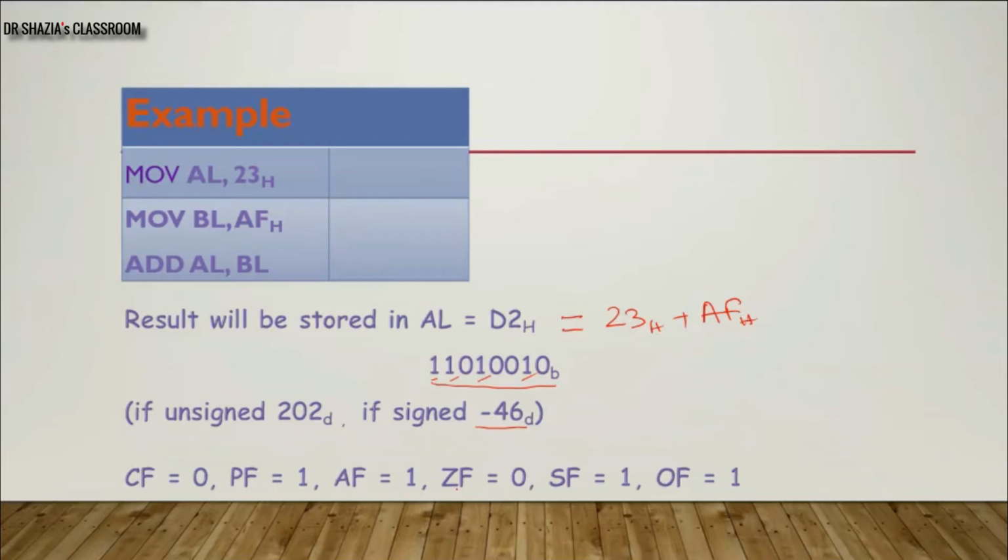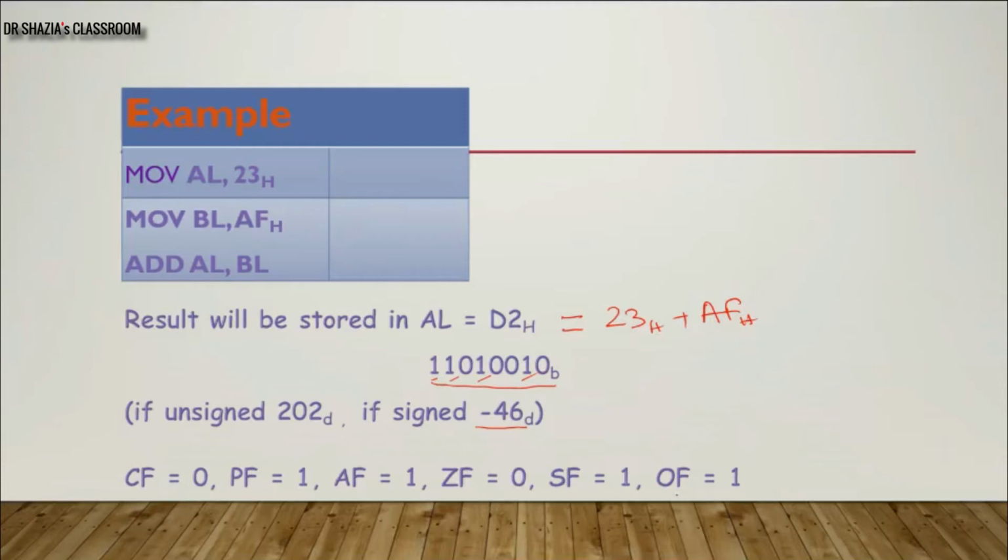The next flag is your zero flag. As the result is not 0, the zero flag will be 0. If the result is 0, your zero flag will be high or it will be set. Now coming to the sign flag. Sign flag means you are looking into the number in the signed arithmetic number system. So here your sign flag will be high as my MSB bit is high, so that we conclude that the number is negative.